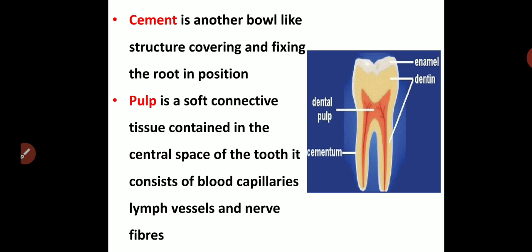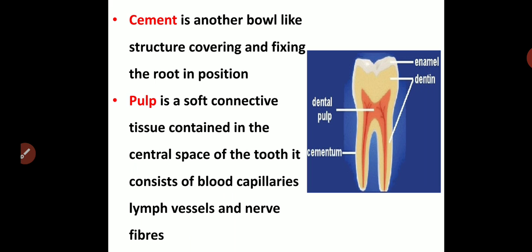Then you have the internal soft cavity, the red or orangish patch shown, the dental pulp. It is made up of soft connective tissue. The hollow space inside contains a cavity called the pulp cavity. It has a pulp chamber in the crown and a pulp canal in the root. The pulp cavity is full of connective tissue called the pulp, rich in blood vessels, lymph vessels and nerves. The blood vessels and nerve fibers enter or leave the tooth through the pulp cavity.